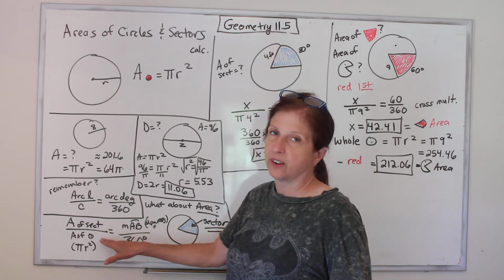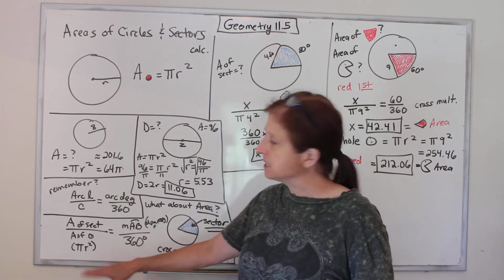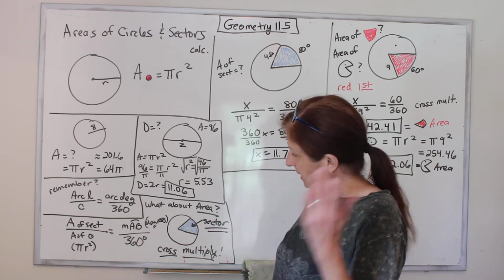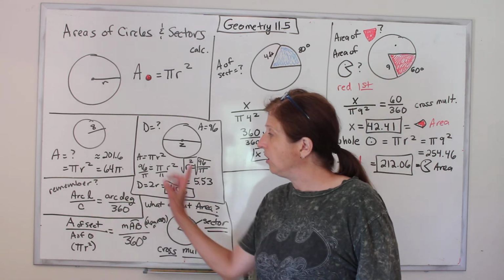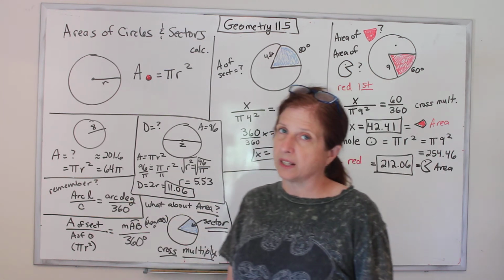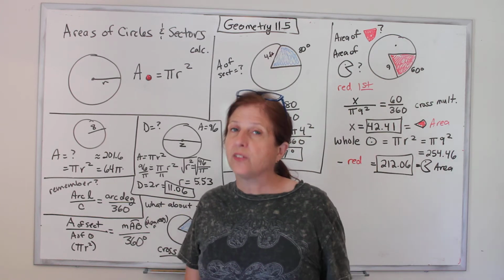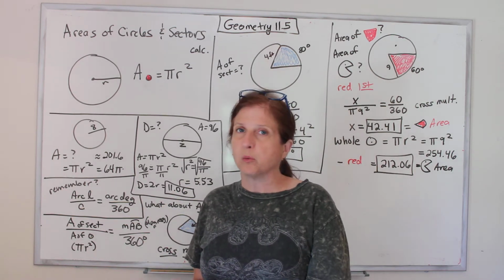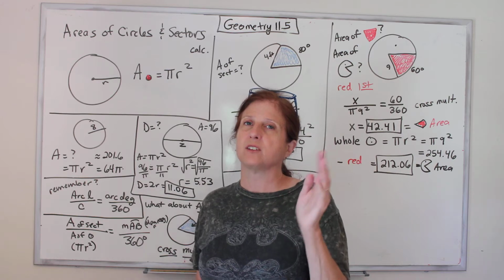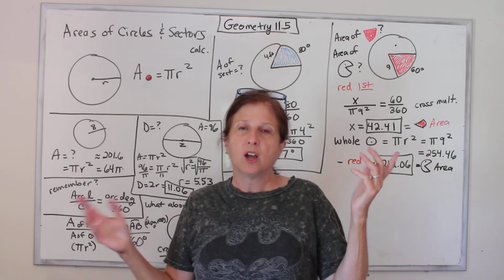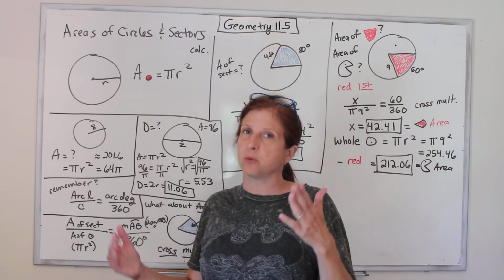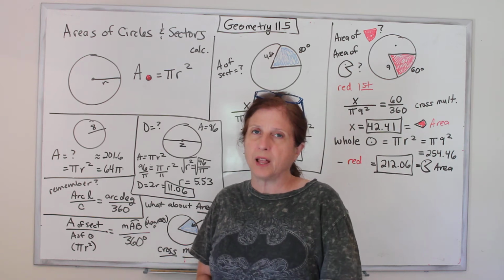So sometimes you have the area of the circle, sometimes you have the radius, and you have to go from there. Sometimes you have the diameter, and how you solve all of these is cross multiply and solve for x. And if you don't know how to do that, go look at my Algebra 1 videos and my pre-algebra videos, where it's titled cross product, which is also what that's called, or cross multiply,